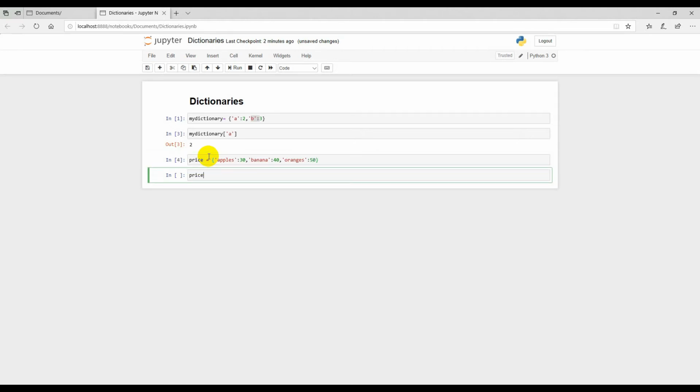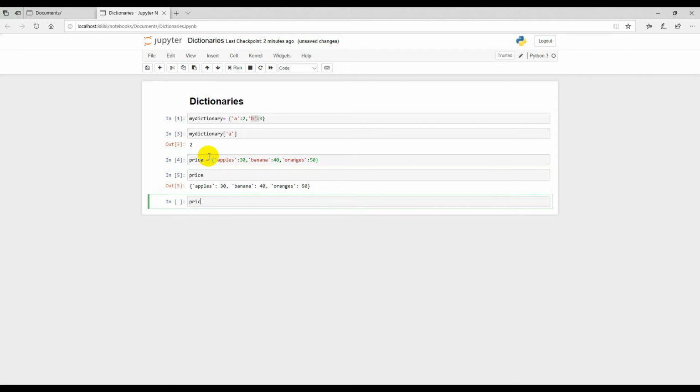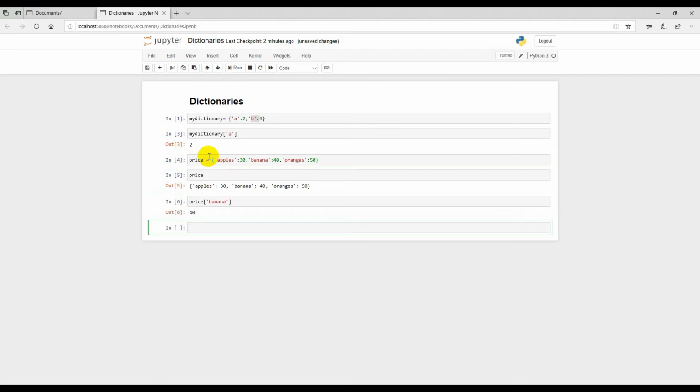If I want the price of banana, I'll simply say prices of banana, and it returns the actual price. So we need not know any index location, we just need the key.